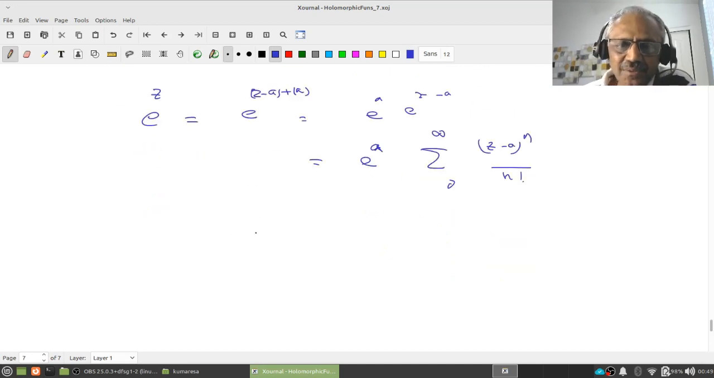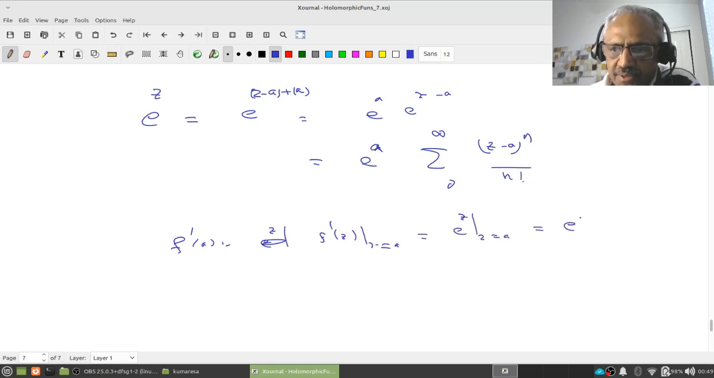Now again, if you want, you can just check various other things. What is f dash of a? That is f dash of z at z equal to a, that is e power z at z equal to a, therefore it is e power a, right? And what is f double dash of a? Again it is the same thing, f dash of z is e power z, therefore it is e power a, right? Therefore any nth derivative of this is e power a,